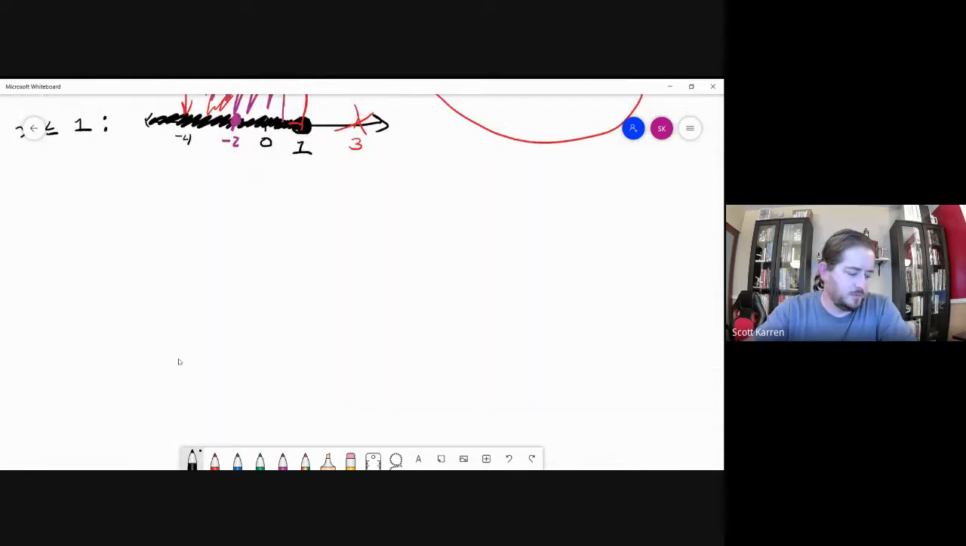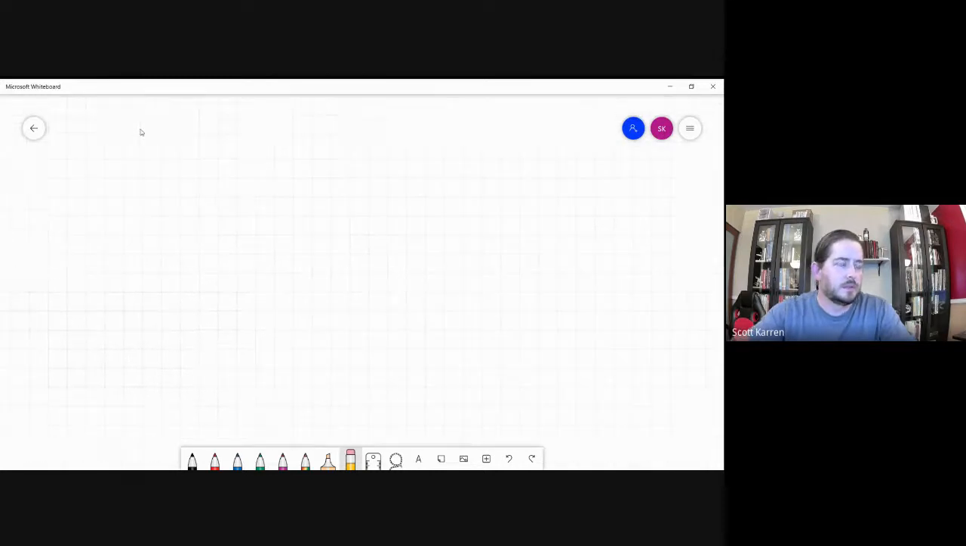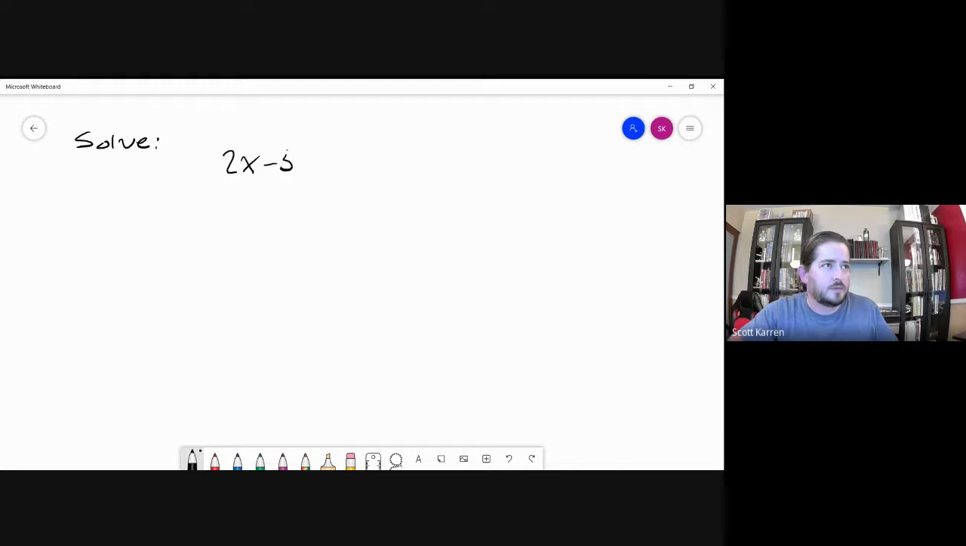Let's solve. Let me just blank this out here. Okay, so I want to solve, oops, I want a marker. Solve 2x minus 5 is less than or equal to -7, or